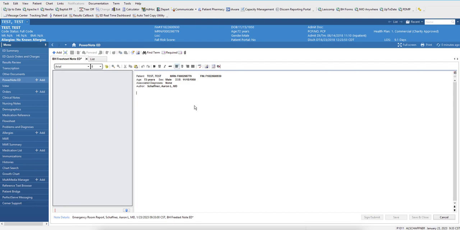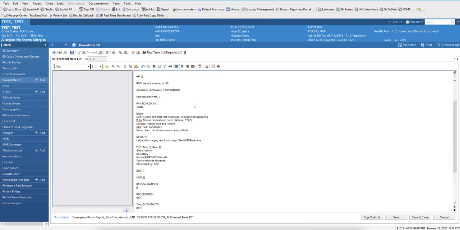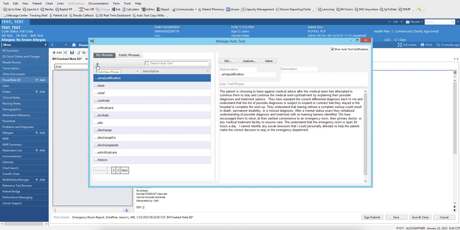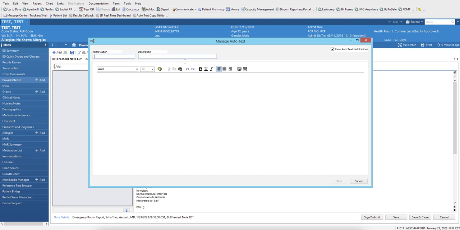So we can come in here and paste the note that we just copied, and this has your square brackets already placed, which we talked about in the other video on setting up your dictation software. So for example, let's say we want to add our vitals. There's a couple of different ways to do this. What I've found is the easiest way is to come into your auto texts and add a new phrase. It doesn't matter what it is, you're just using this as a search field essentially,